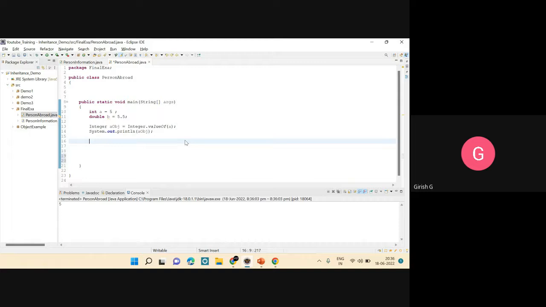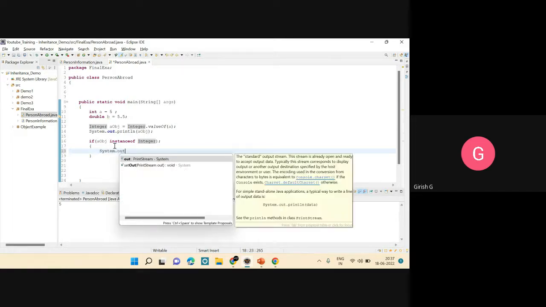At that time, you can go for an if condition here and call the reference variable, like the object reference there, and say instanceof integer. Means if this object reference is an instance of integer, then say,